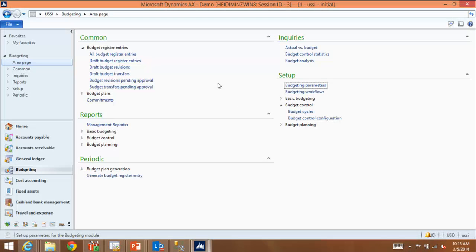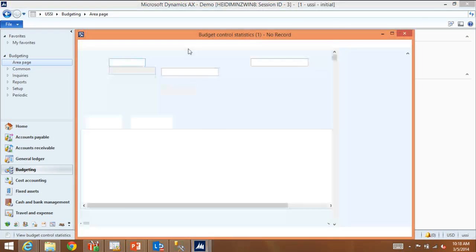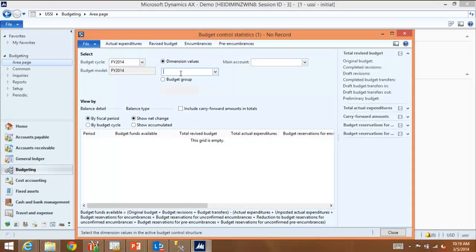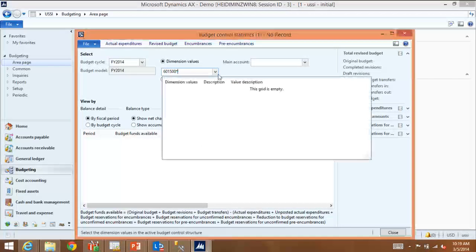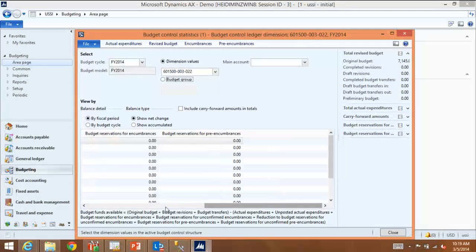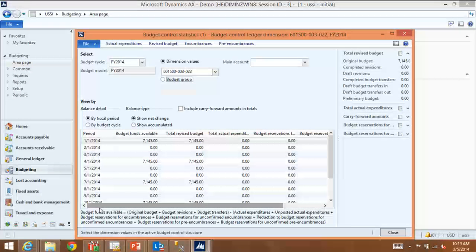Okay, so now that I have that enabled, let's just show this in use. And before I do that, I'm going to open up an inquiry just to show you my current standing for my budget amount. So here I just am picking my travel expense for a particular business unit for my sales department, and just to show you what my available budget looks like right now. As we go through, we'll see how this is impacted as we enter a PO and vendor invoice. So I've entered quarterly budget amounts, and so all of that budget is currently available. I don't have any reservations of budget against this particular combination.